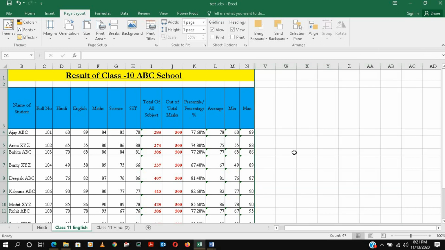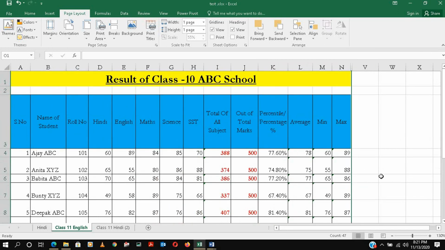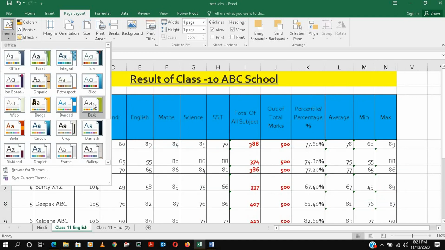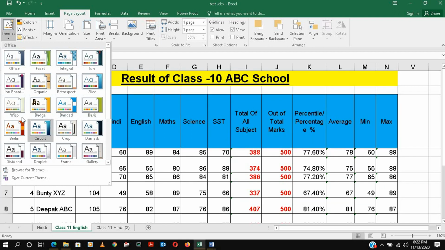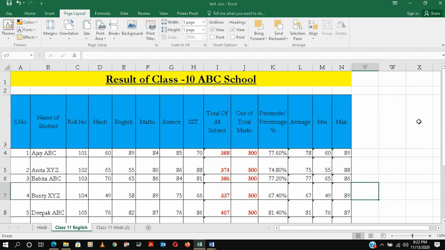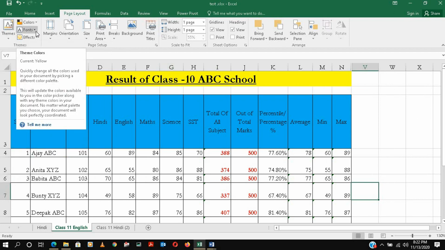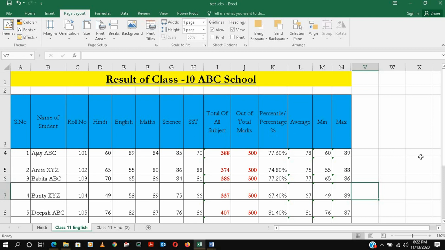So I will hide this and zoom in on this sheet a little bit so you can see all those things. Basically we have this sheet in our third session. Today we'll cover Page Layout and View. Theme is not really applicable here, but we'll try to do something. If I apply a theme, you can see some changes. Whatever theme you require, you can take it. Colors you can choose from here. Fonts you can choose from here, or from Home. Effects will not show an effect here.